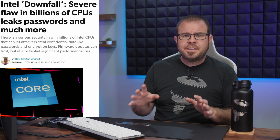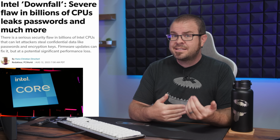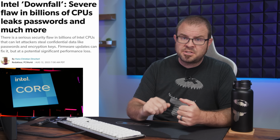Speaking of security flaws and things falling down, Intel has that too, and theirs is called Downfall, which again, as a name, is very dramatic and catchy. If only monitor names could also be this cool. Intel's Downfall, which even has its own little mascot logo thing, also leverages security holes in the speculative execution pipeline, and the bad news here is that there are a lot of CPUs affected. Basically any processors that used Skylake through Tiger Lake architecture. That's 6th gen Skylake from 2015, all the way through 11th gen Tiger Lake from 2020, including 11th gen Rocket Lake desktop CPUs. This can be patched via microcode revisions, thankfully, so keep an eye out for BIOS updates if you're affected,